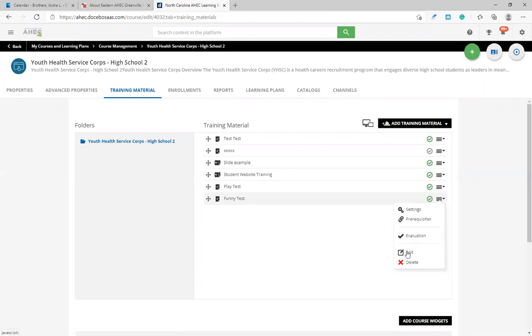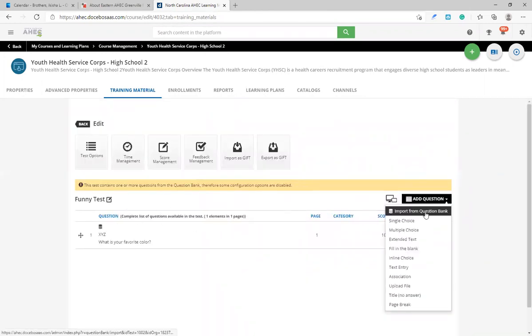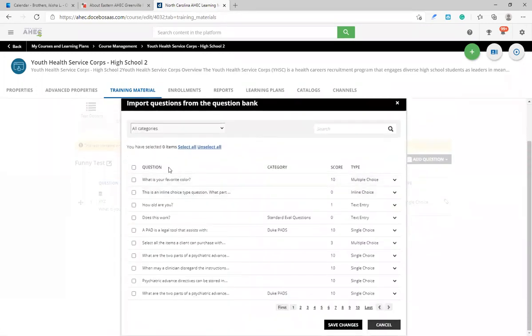So we're going to go here, we're going to edit to funny questions. And let's say this time I want to import questions from the test bank. So when you want to import questions from the test bank, I'm going to go here to the search area. And let's say I've already had some questions. I want to throw them in. I'm going to hit